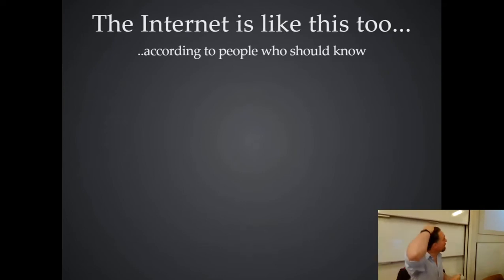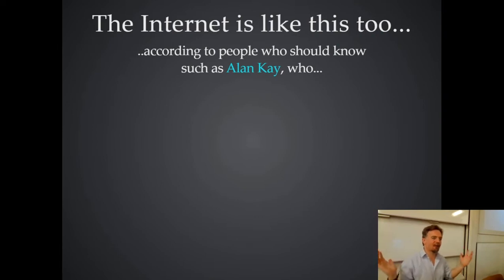Turns out this is also true of the internet. The internet is a turbulent collection, a kind of pseudo-object, as was pointed out by a guy called Alan Kay. How many of you know about Alan Kay? I'm going to take that as nobody, right? And that's alarmingly typical, because he's one of the key figures in all of computer science, and you should know who he is, but he's a bit unsung.